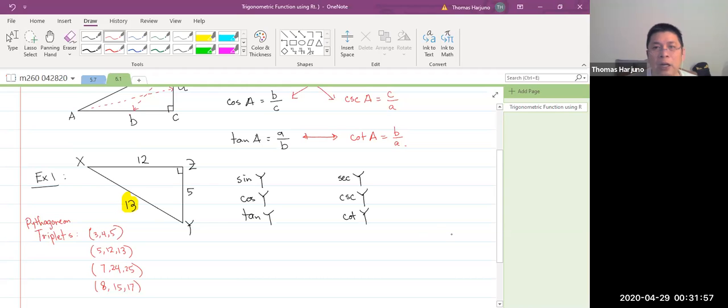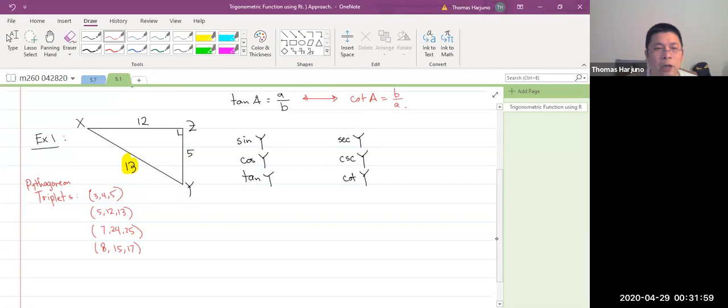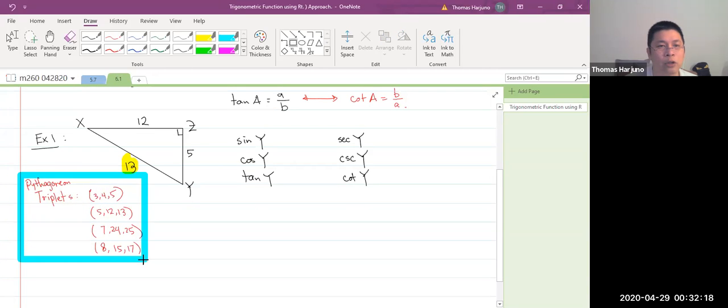There are infinitely many Pythagorean triplets, okay? But these 4 are the ones that show up quite often, and 3, 4, 5 is the most often. The second most often is 5, 12, 13. The third most often is 7, 24, 25. Now, the reason why I categorize Pythagorean triplets and would like you to memorize them is because